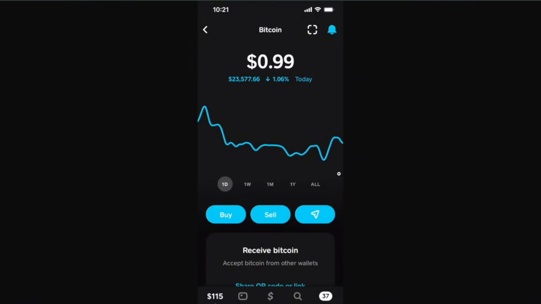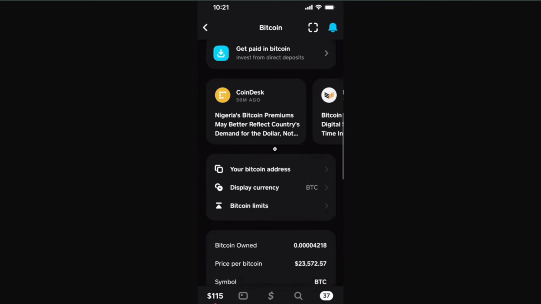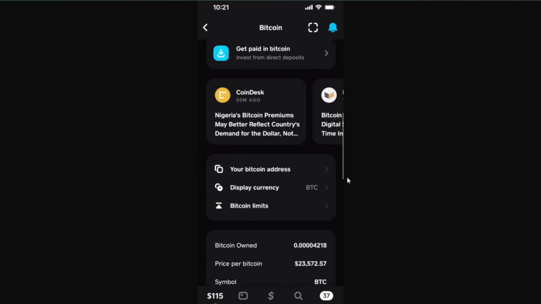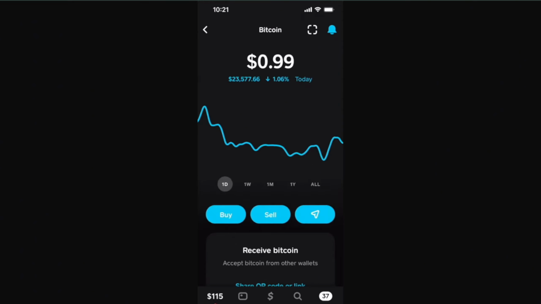You'll see a long string of numbers and letters. That's your wallet address. Instead of writing it down manually, always tap Copy Address to avoid any mistakes. If you're sending Bitcoin from another wallet, you can also use the QR code provided to make the process faster